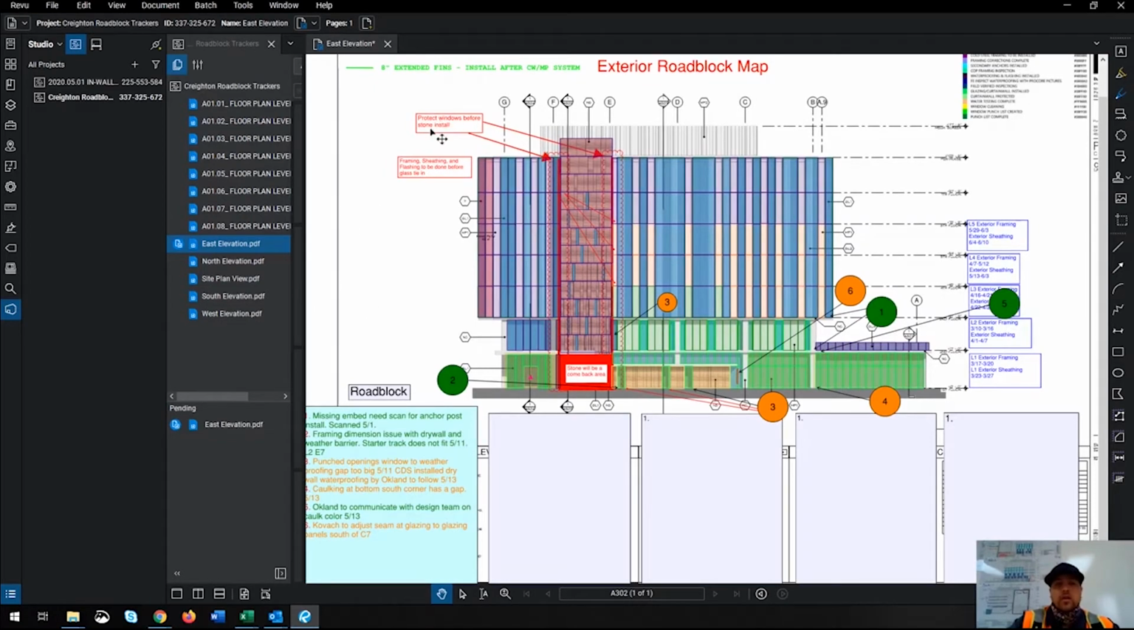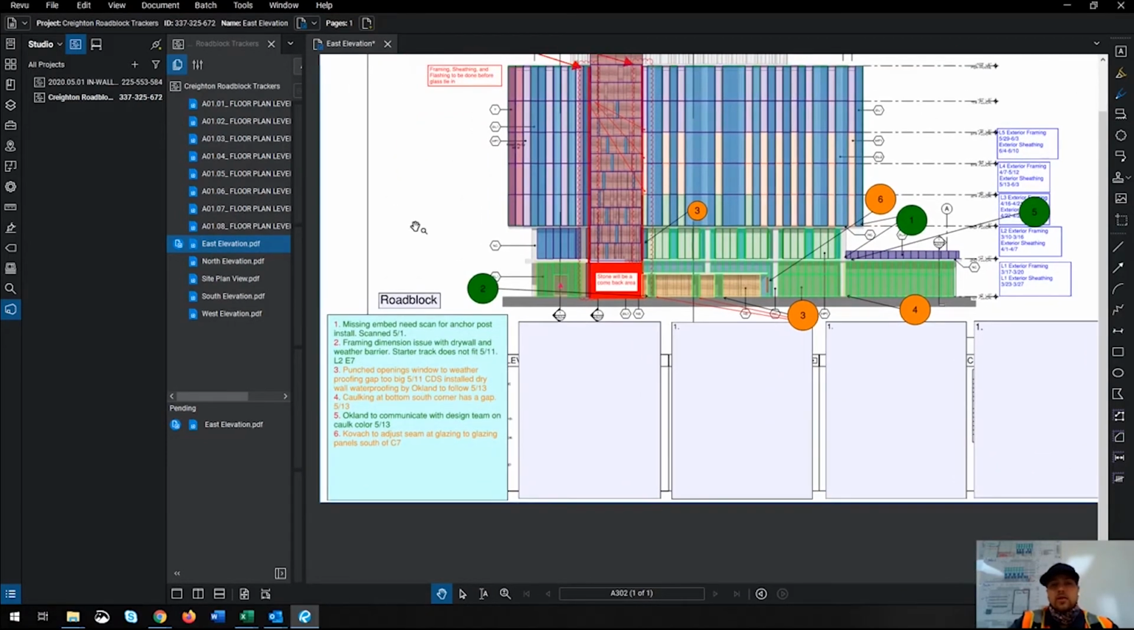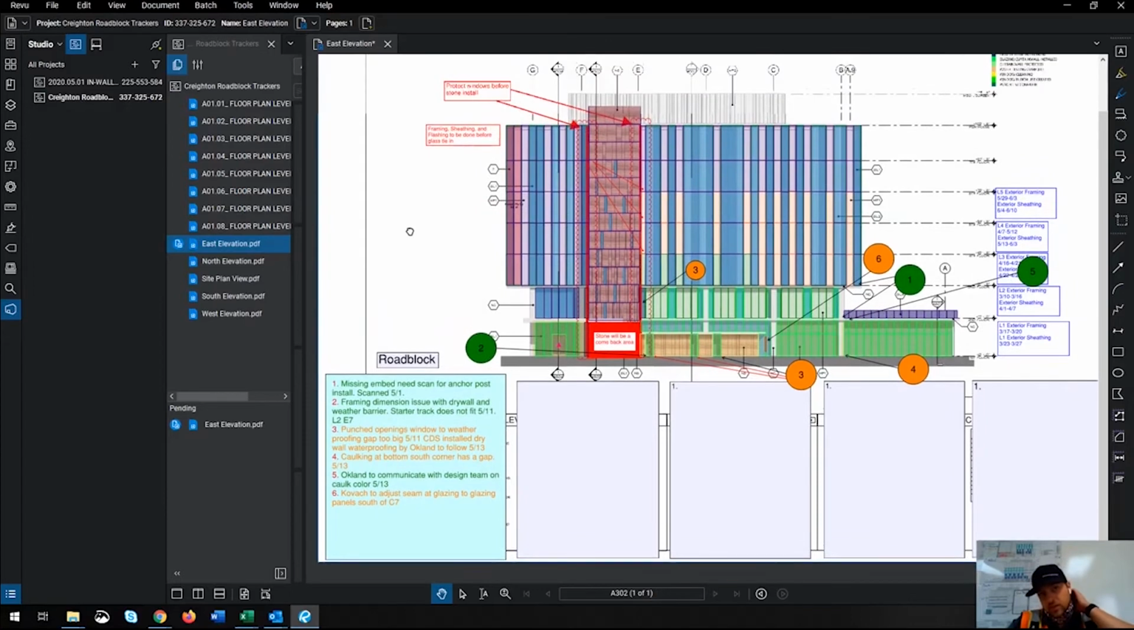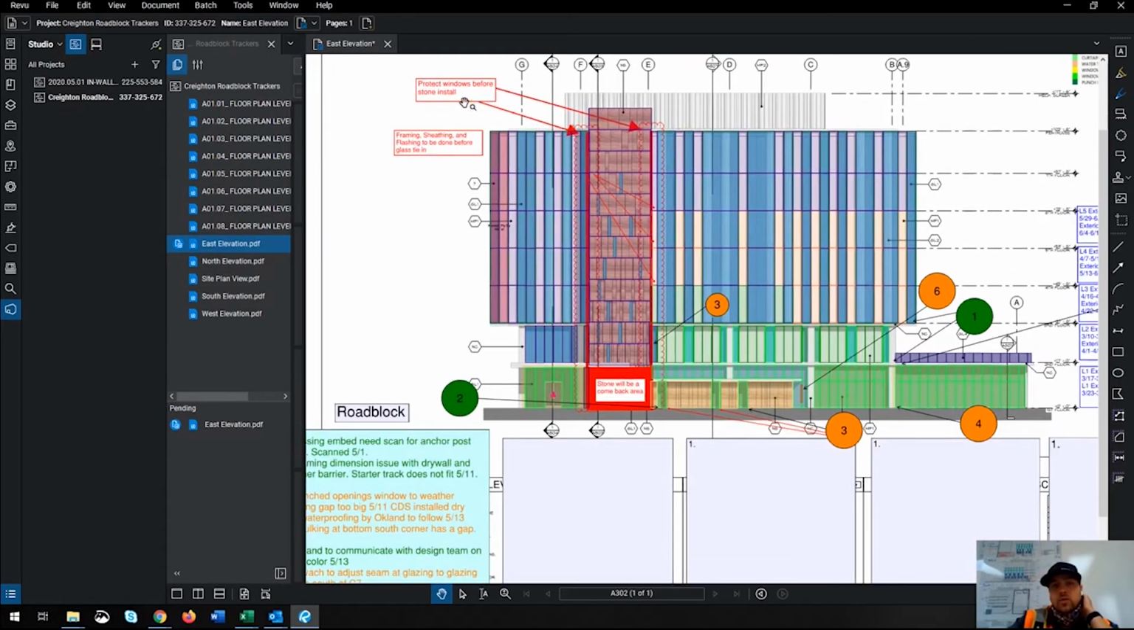You can also call out general notes on these, which is great for just remembering as you sequence up through the building, things that might not be happening for a while. Just make a quick note of it, and then you can know that it's always there until that is completed. As you can see here, we just like to call out that when these windows are going in, make sure that we have protection on the outside of them, so when the stone gets installed, there's no risk of those